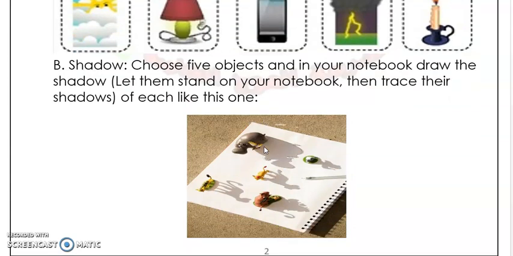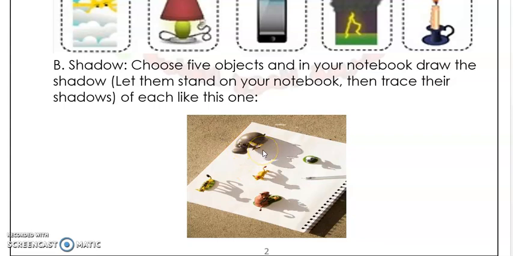Letter B. What you are going to do is choose 5 objects at home. As you can see here, this is just a sample, so you're going to do the same thing. After choosing your 5 objects, you're going to let it stand